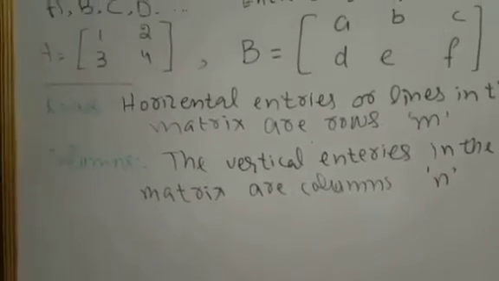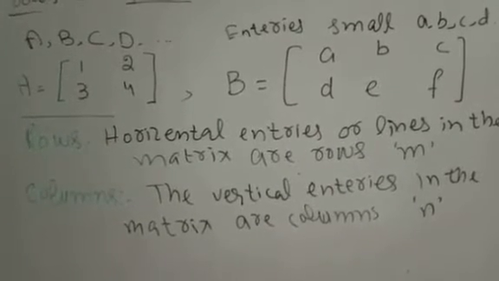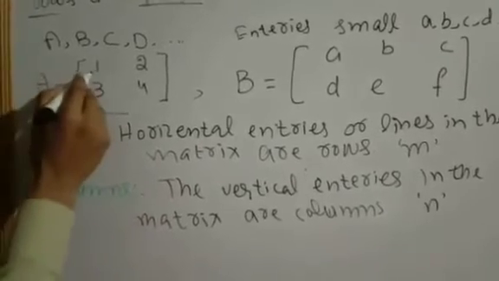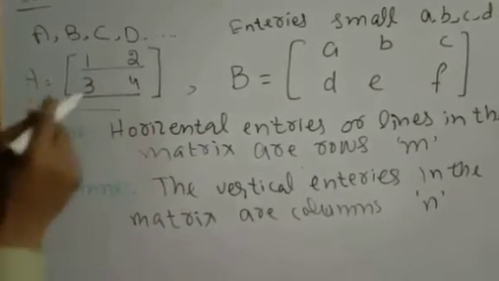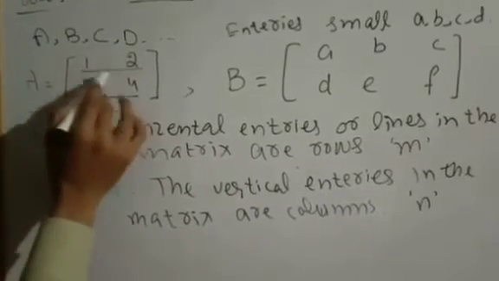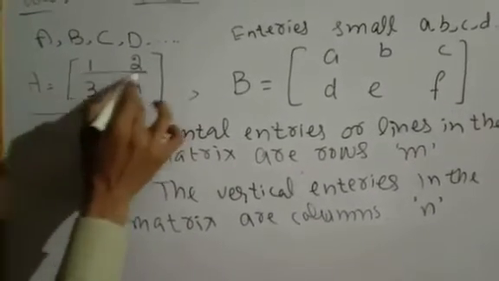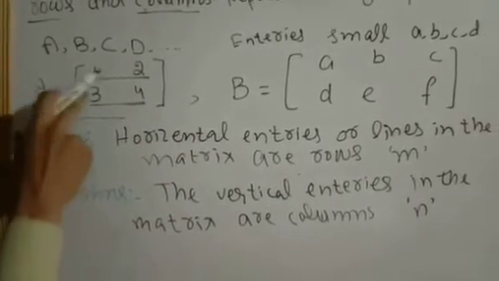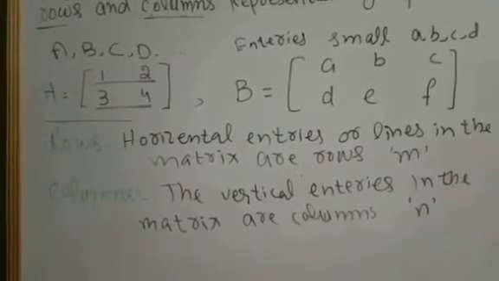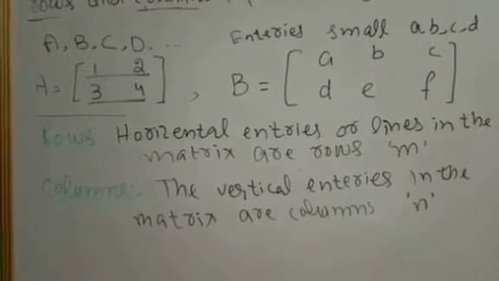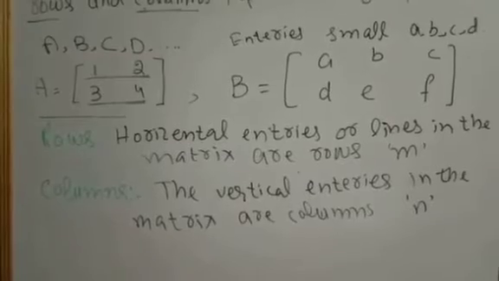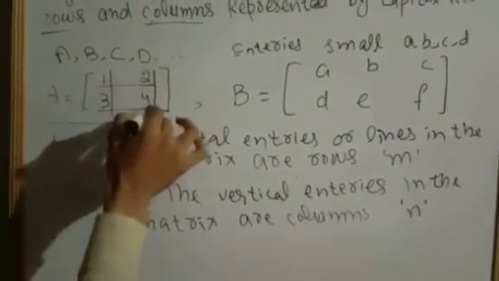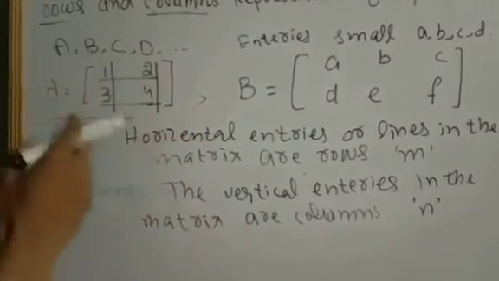Here in this matrix A, if we find the rows, then 1 and 2, as they are in the horizontal position, are considered as rows. So here the number of rows is 2, while vertical entries or vertical lines of the matrix are the columns. So we see that there are two vertical positions or two vertical lines in the matrix, so there are two columns in the matrix A,